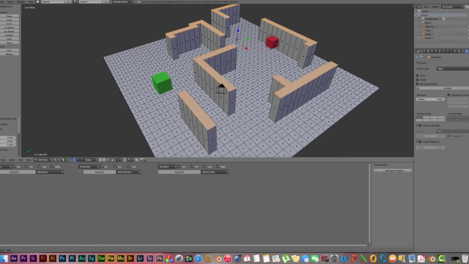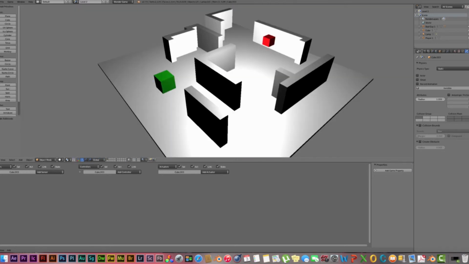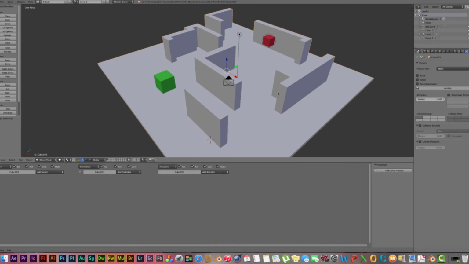So I've created that. I can go back into object mode now, and I've got a nice scene that I can run around. Using other tutorials, I could attach cameras onto myself and all that good stuff. I crash into the walls and I stop, which is nice, but we want to get the bad guy to